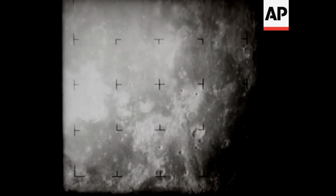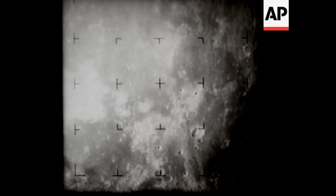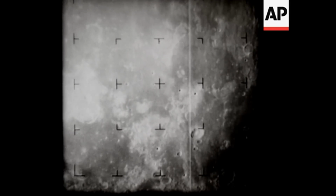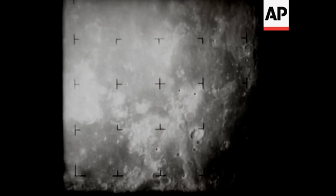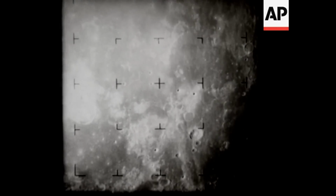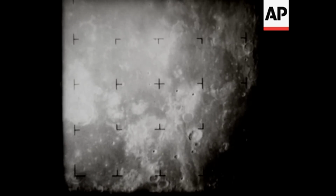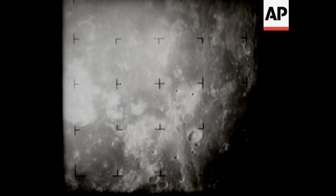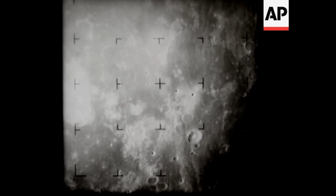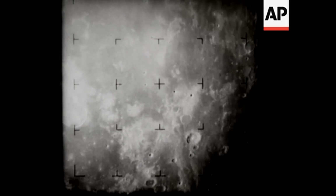The A camera featured a 25mm f1 lens. The distance across the picture is about 600 miles. Distance from the spacecraft to center area of the picture is now approximately 1,200 miles. North is at the top of the picture, with sunlight falling from the left. Upper left area is known as the Ocean of Storms,